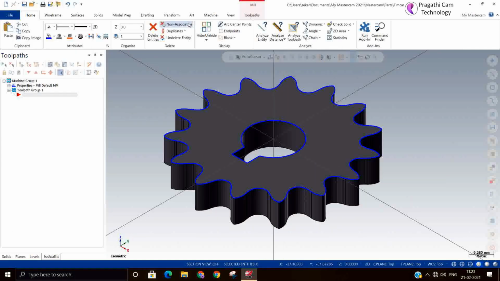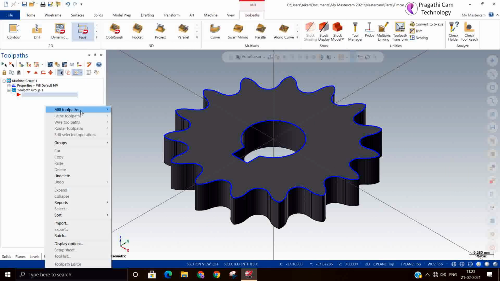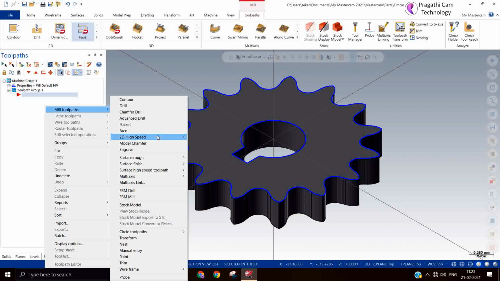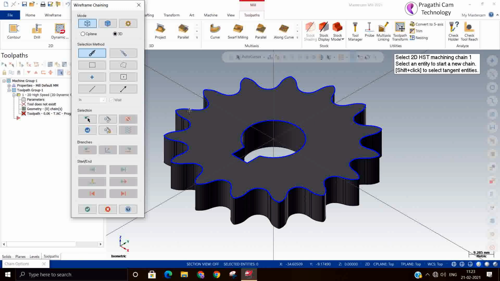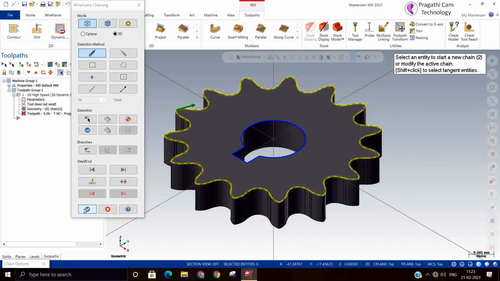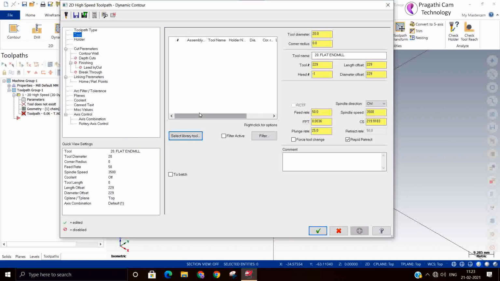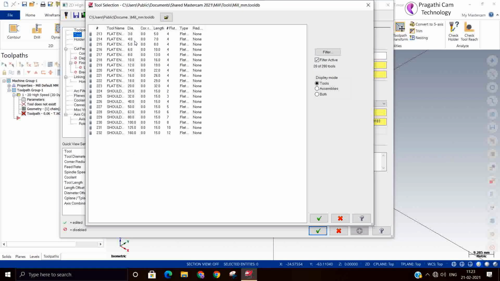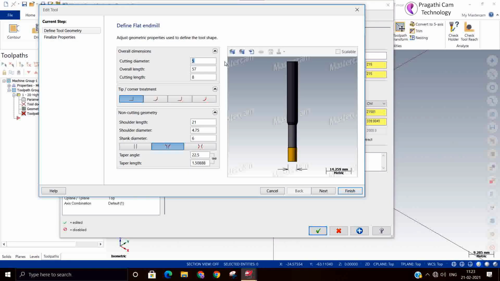Okay, so I'll go here again, high speed dynamic toolpath. Now I'll select the chain. Tool: I have taken a 4 flat. You can take 5 also, nothing wrong. You can change the tool number.